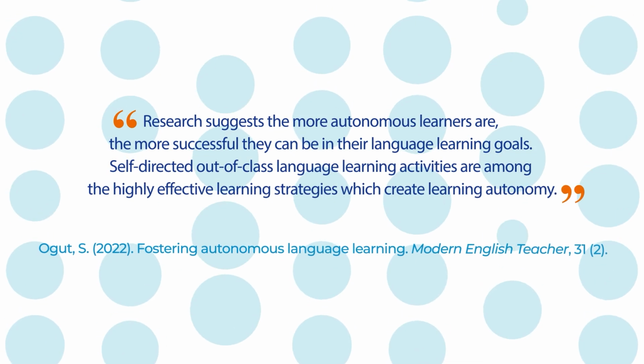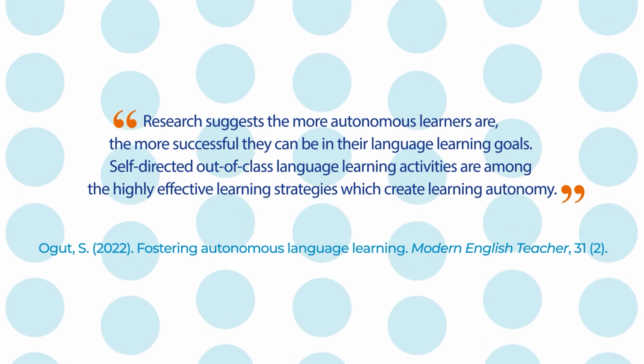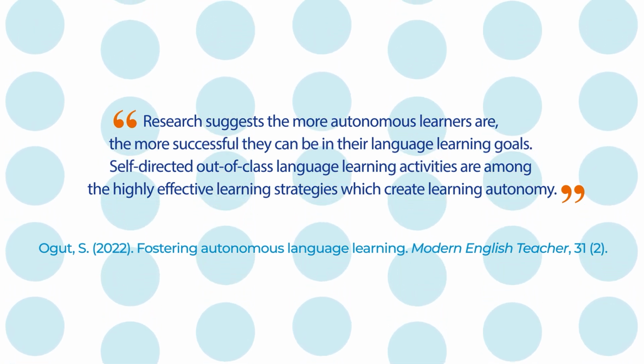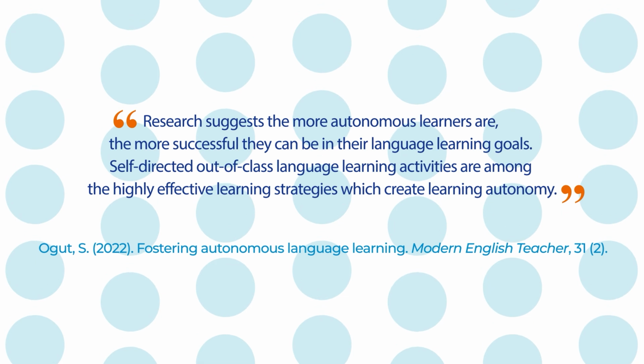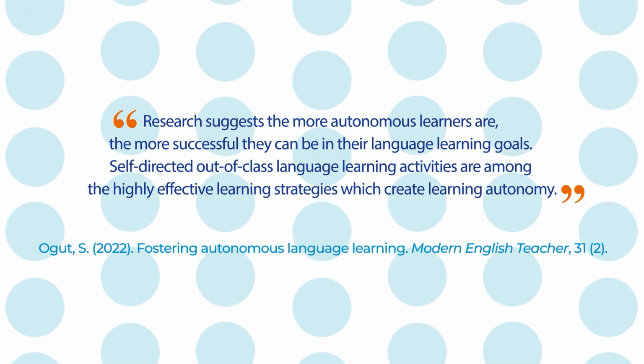According to Sehun Ogut, research suggests that more autonomous learners are the most successful they can be in their language learning goals. Self-directed, out-of-class language learning activities are among the highly effective learning strategies which create learning autonomy. She goes on to explain the benefits she noticed when she saw her students keeping a log of the different activities they did in English outside the classroom, making notes on what they did, when and for how long,